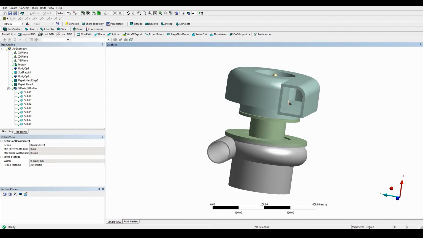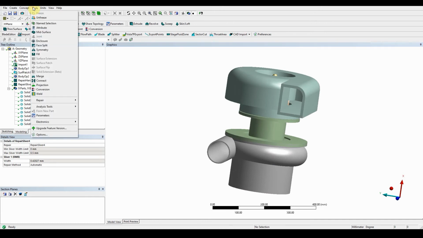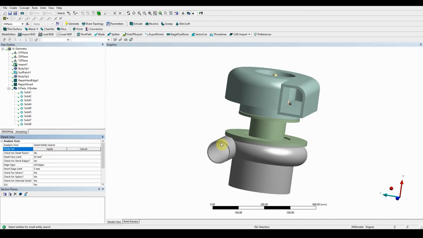So once that's been removed, what we can now do is search for any sort of small edges in the model. I'm going to use a small entity search. Again, if you go to the tools, and in the analysis tools, what we're going to do is click on this, and again it's got the distance finder, but what we're looking for is the small entity search. And once we've done that, again here we're looking for the free bodies,